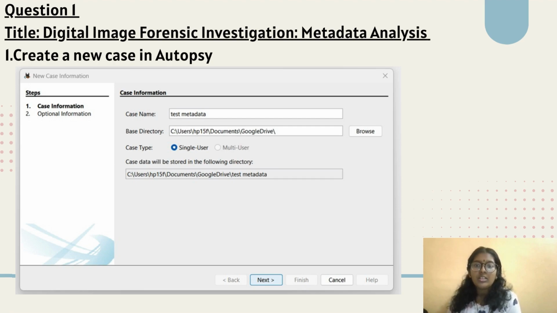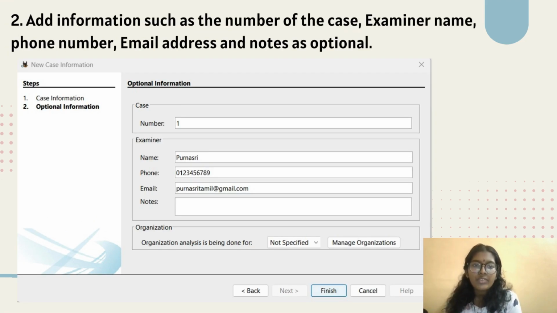Here I have chosen test metadata as the case name. Next is the optional information: the case number, examiner, and organization. We can fill it in or skip this part. Then we click on finish.